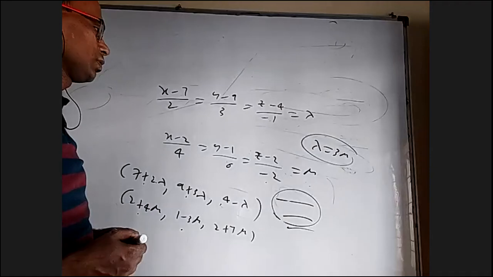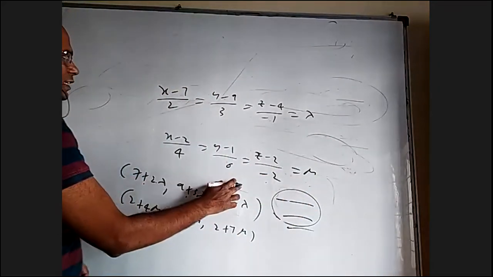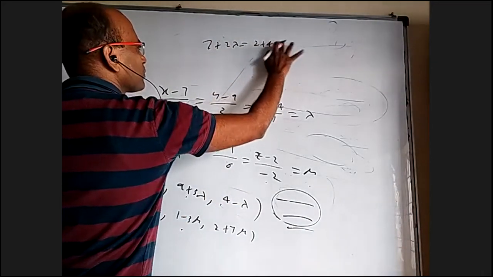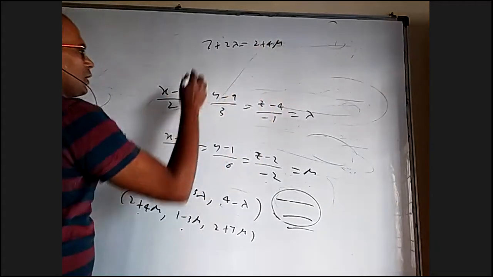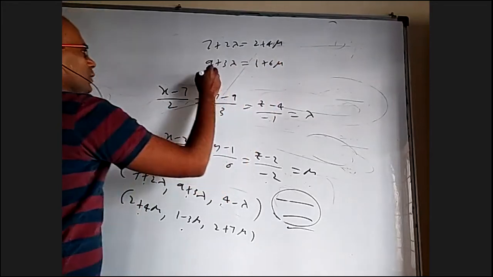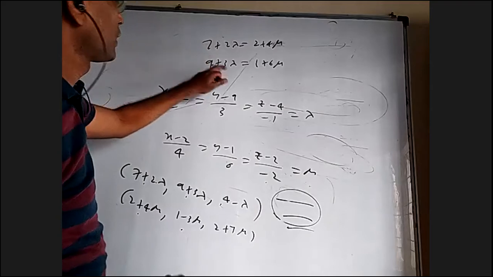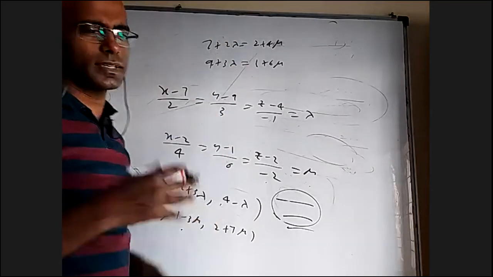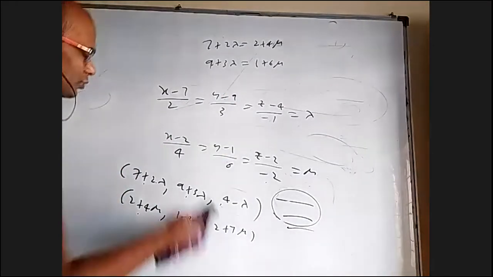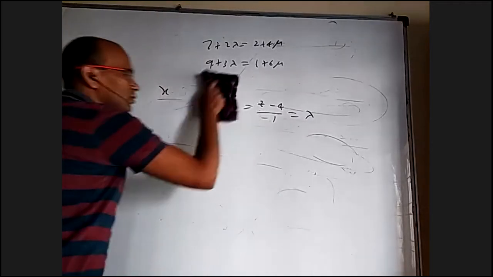Why is that so? Because there will be many points. No, you will not get that also. Let me see, just to have a first-hand experience. 7 + 2 lambda = 2 + 4 mu, sorry. And 9 + 3 lambda = 1 + 6 mu. And yeah, we'll not be able to do anything. We'll multiply this with 3 and this with 2. Lambda will cancel, mu will cancel, we'll get something absurd. Or we'll get 0 equal to 0 or something like this. We don't have to do it. We'll not be able to get any lambda and mu. There's no solution.